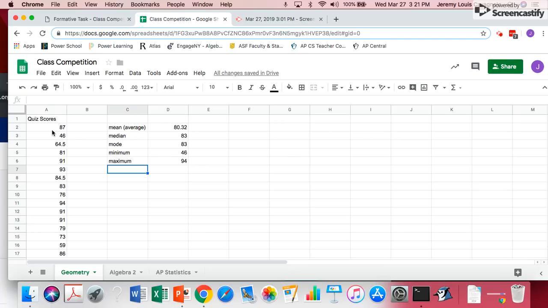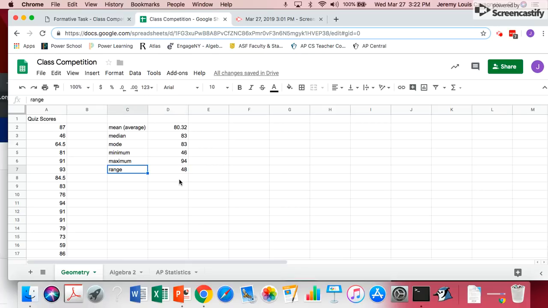I can use these two numbers to describe a third number, the range of the data, which I'm going to use a formula to do. I'm just going to take this maximum, which is in box D6, and subtract the minimum, which is in D5. And the spreadsheet does a lot to help you understand what inputs there are to the formula that you're calculating. You see the orange and the purple. And that's all I need to do in order to calculate the range. There it is. So from 46 to 94, that's a 48-point range. That also is an indication of the